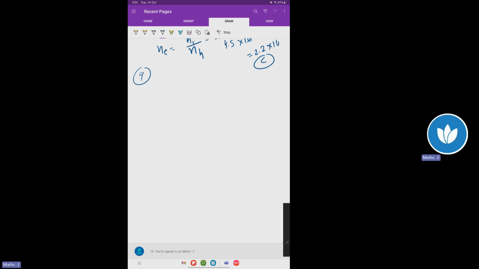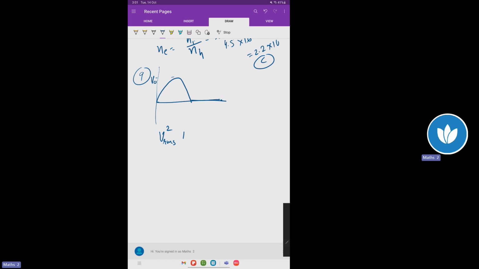Question number 9. In a half-wave rectified sinusoidal output, the peak value voltage is V naught. This is the output of a half-wave rectifier. Peak value is V naught. So RMS value